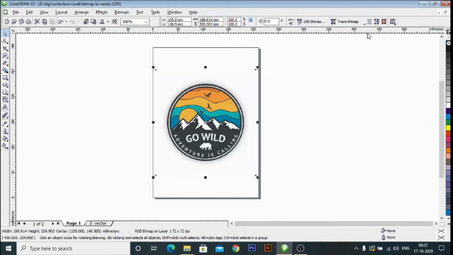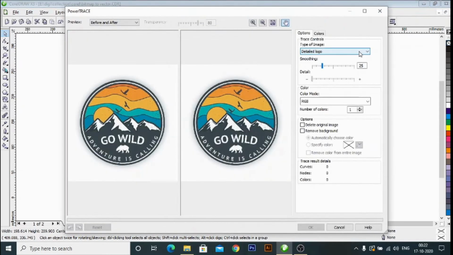Also you can find the same option here, Trace Bitmap. So you go to Trace Bitmap, detailed logo. See, this image has been traced, but there is some difference between both the images.